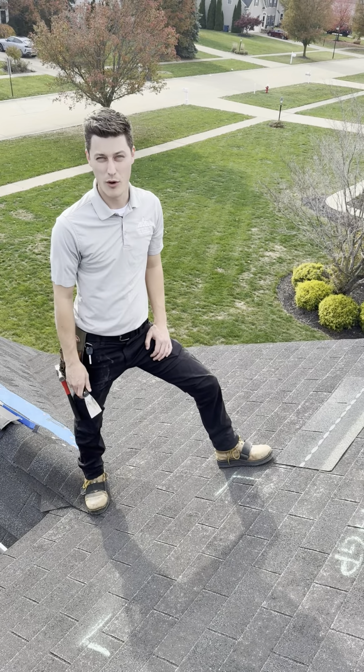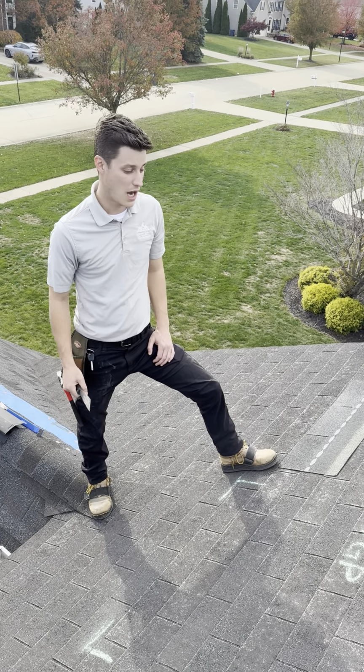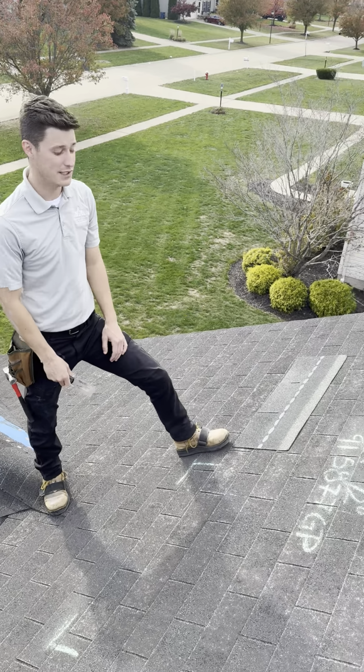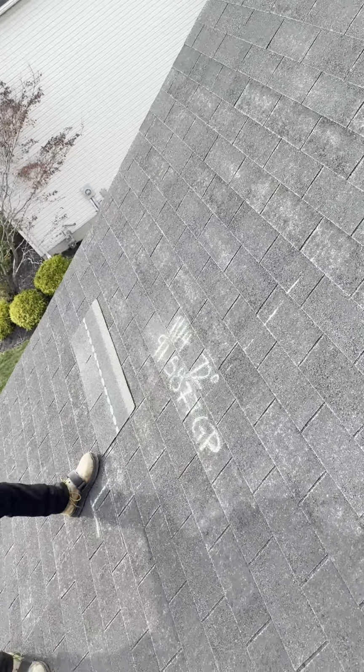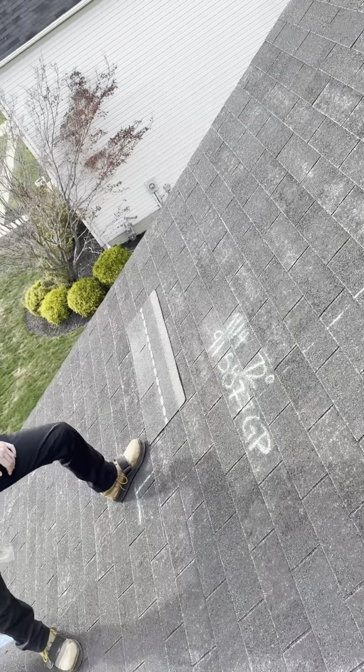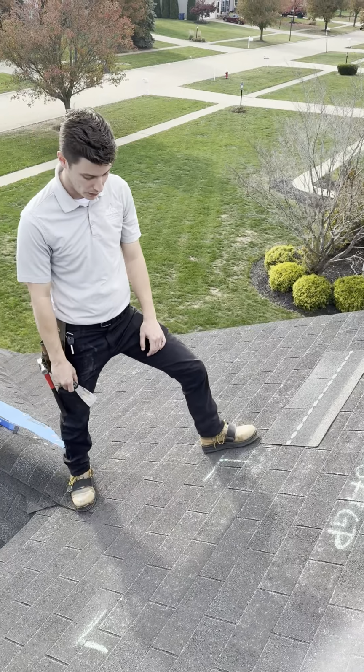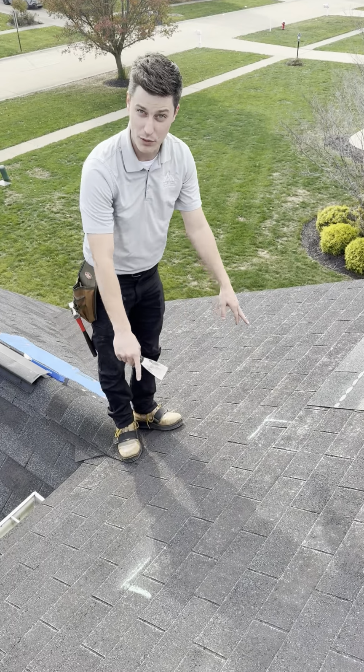All right, this is Rick with Lifetime Quality Roofing. We're out here at Anthony Baker's property right now. We're actually going to be attempting a repair on his roof. It is 11/4. It's about 72 degrees out. Beautiful day today. The claim number is 915877GP. So what I'm going to do is I marked out where I'm actually going to attempt the repair, as